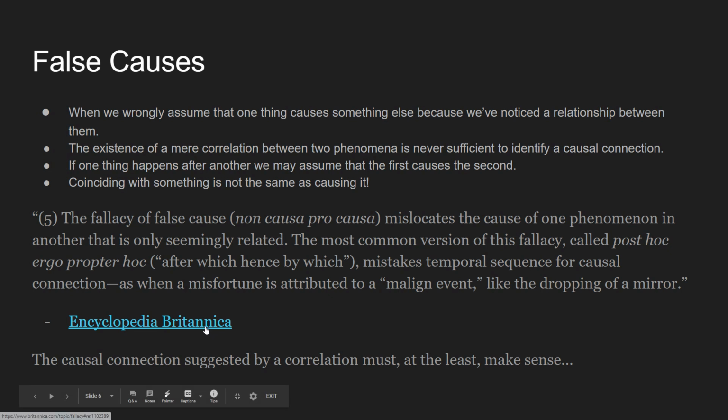This is from the Encyclopedia Britannica. The fallacy of false cause, non causa pro causa, I'm never going to say that to another human being in a conversation, mislocates the cause of one phenomenon in another that is only seemingly related. The most common version of this fallacy is called post hoc ergo propter hoc, after which, hence caused by, which mistakes the temporal sequence for causal connection, as when a misfortune is attributed to a malign event like the dropping